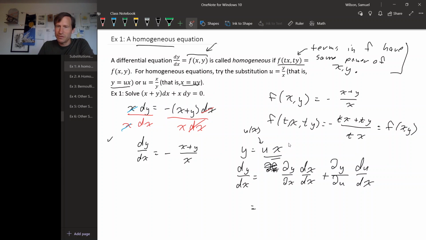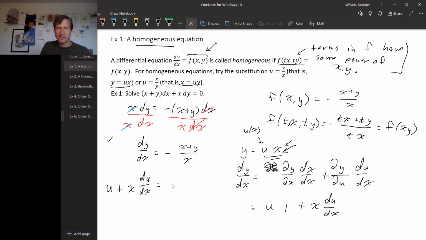So taking the derivative of this with respect to x, we get u times dx dx is 1, so u times 1, plus, now the derivative of this formula with respect to u just leaves an x, times du dx. Okay, so now we can do our substitution. So we get dy dx, but right, we just worked that out. dy dx is u plus x times du dx